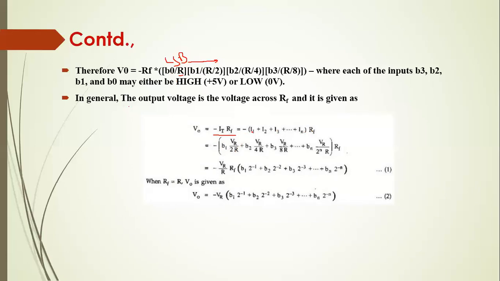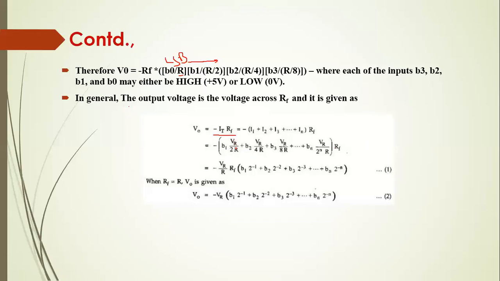So here I1 is equal to what? V1 into VR by 2R. So here it is started with I1. Generally, here we have mentioned it as I0. So you can consider either 0 to 15 or you can represent it as 1 to 16 also. So here it is taken as 1, 2, 3 and so on till 16. So if you take from this expression, you can make VR by R as common among these terms.